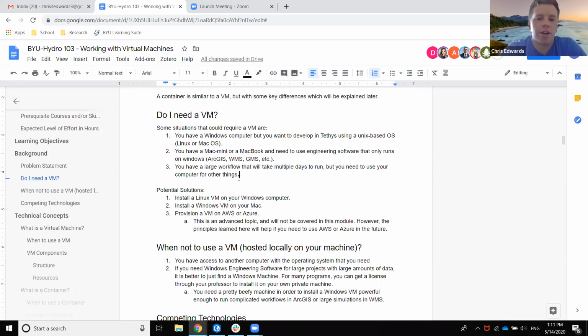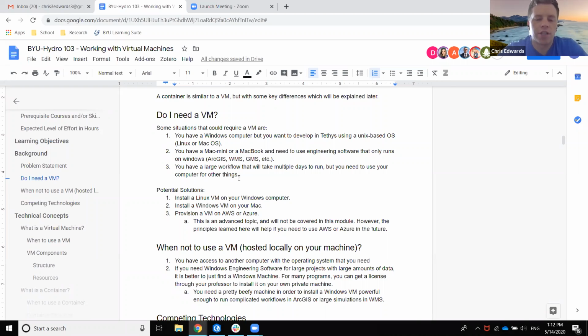So we got some credits with them, and we have a virtual machine set up so that at like 7:30 every night it turns on and downloads the input data for today's forecast, and then it does all the processing, creates the output files, puts them in the right place, and then it shuts off. So that's another example of a virtual machine.